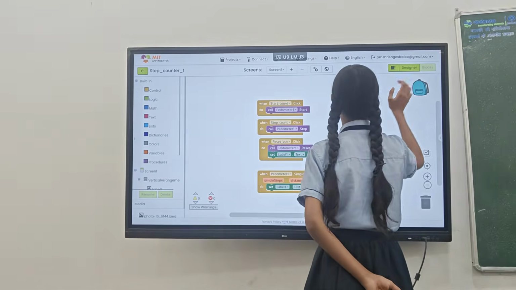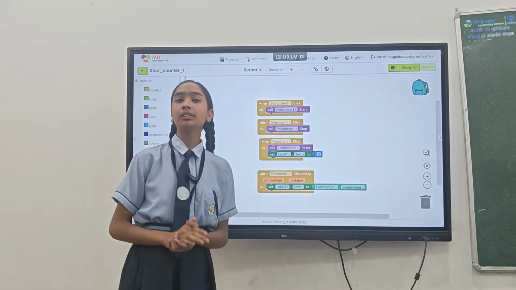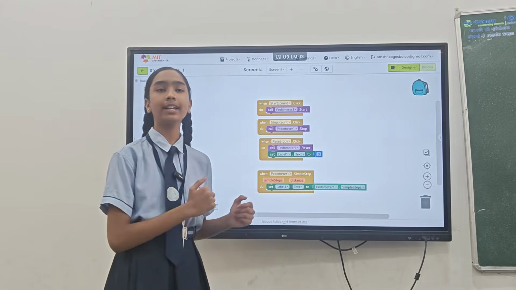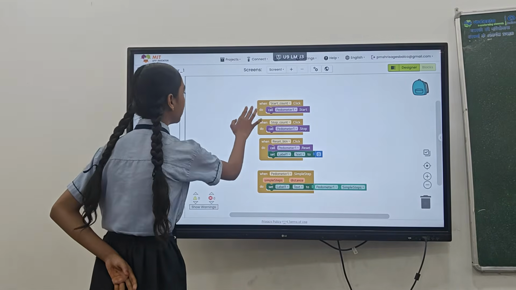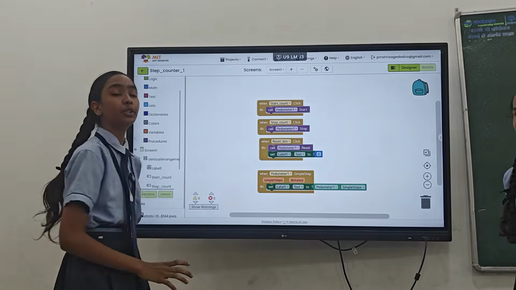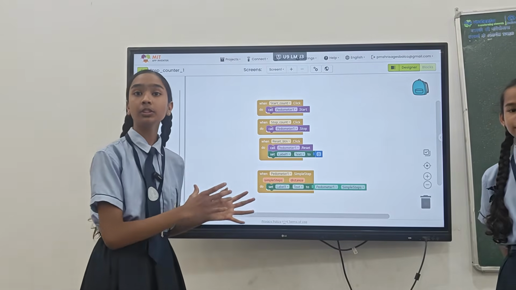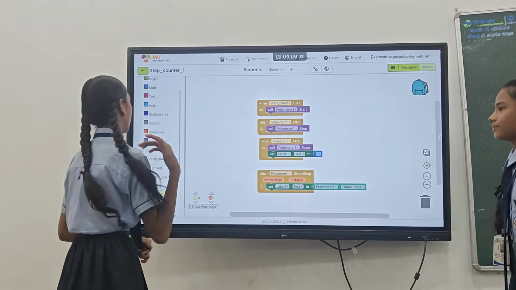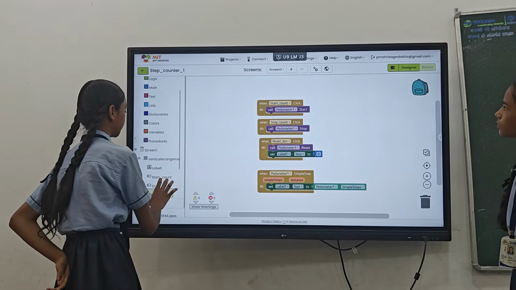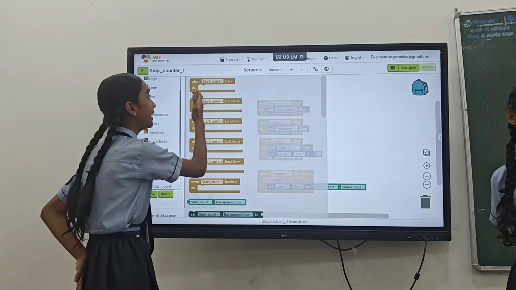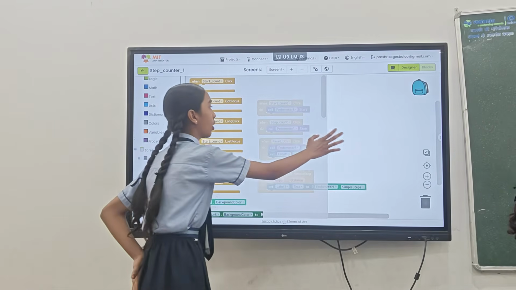Blocks. You know what blocks are? Blocks are the functions of our app. Now, how can we arrange them? First, we go to start count. You remember that we chose the button Start Count and renamed it. First, we have to do start count, and we choose when start count clicks and drag and drop it.